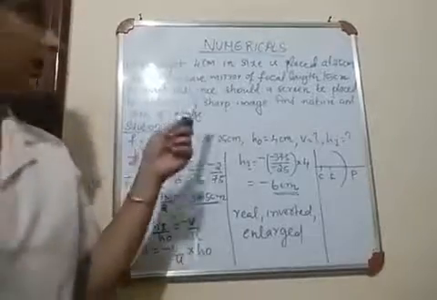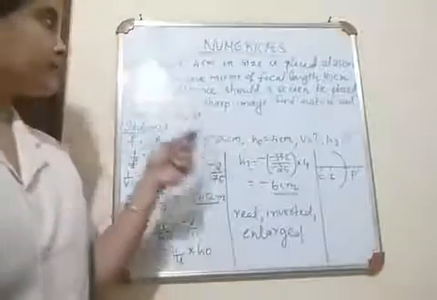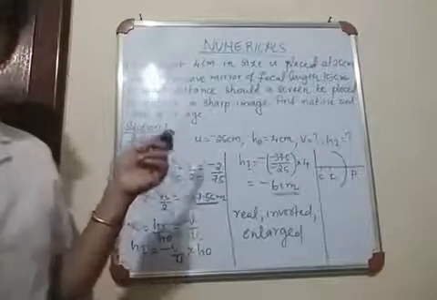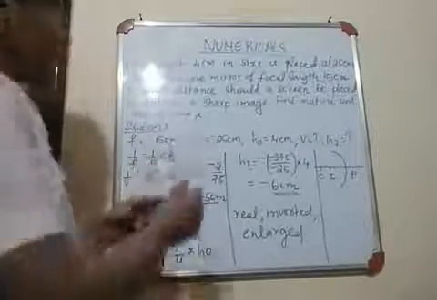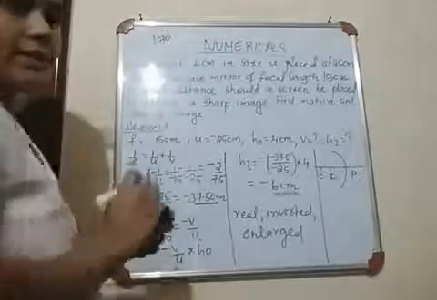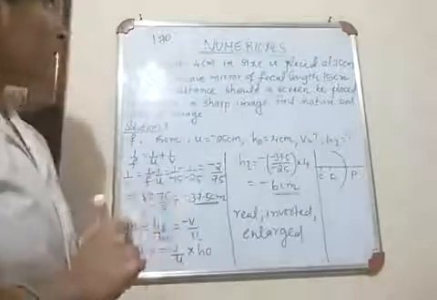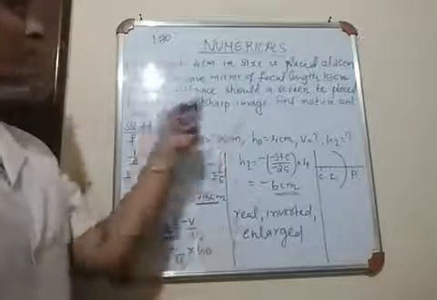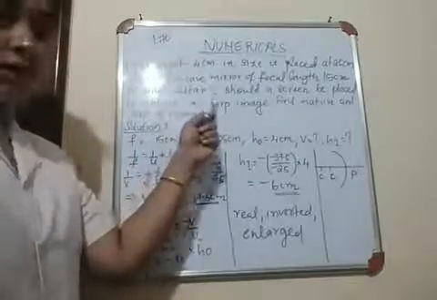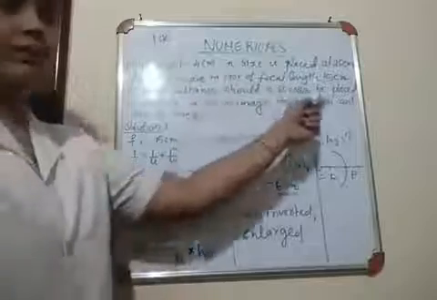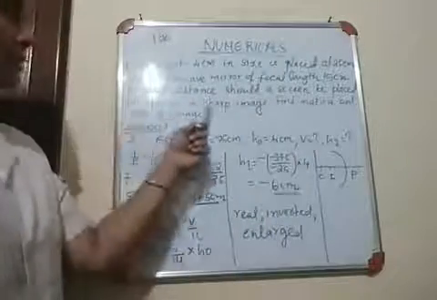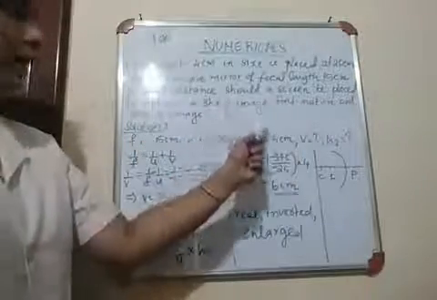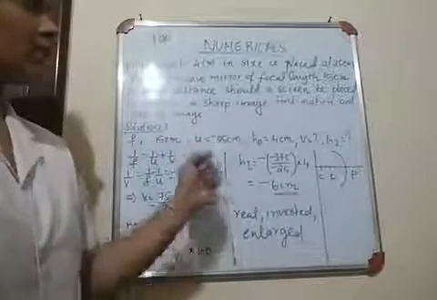Children, now look at the second question. The same question is there in your NCERT textbook, page number 170. Now, an object 4 cm in size is placed at 25 cm from a concave mirror. It's a concave mirror now of focal length 15 cm. At what distance should a screen be placed to obtain a sharp image? Find the nature and size of image.